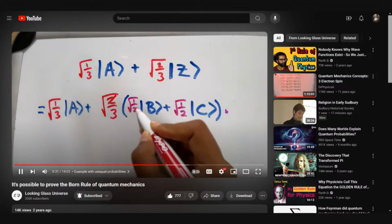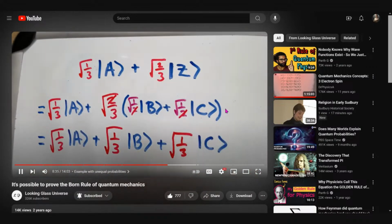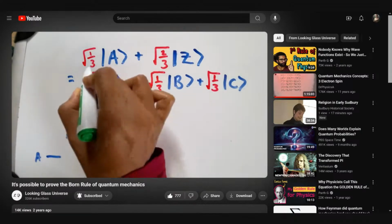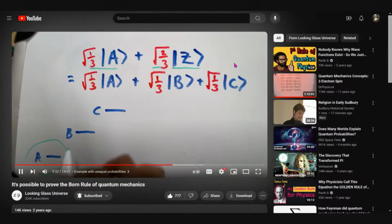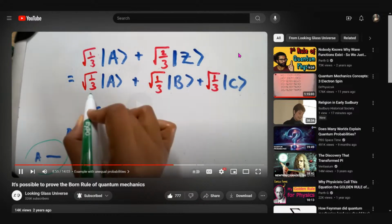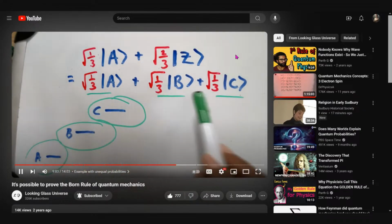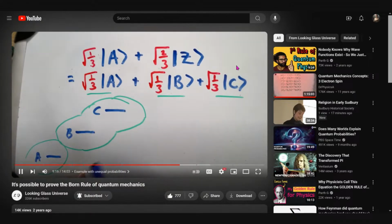So the 2's disappear. And once we've expanded and simplified that all, we see that the original state now looks just like that state we had before, where it was an equal superposition of A, B, and C, which makes sense because that's how we designed it. We wanted to say that this superposition is the same as having this and this, that this is 1/3 and this is 2/3. We can now break down into 3 parts. The really clever thing that we did was we made sure that these coefficients are going to be the same for all 3 of them. And so if you were to directly measure whether the energy is A, B, or C, each of them is equally likely. That's really useful information for us for the original measurement as well, the AZ measurement, because imagine that...